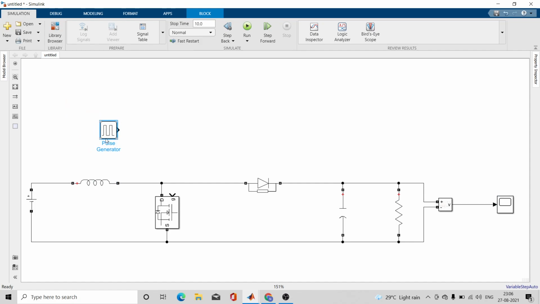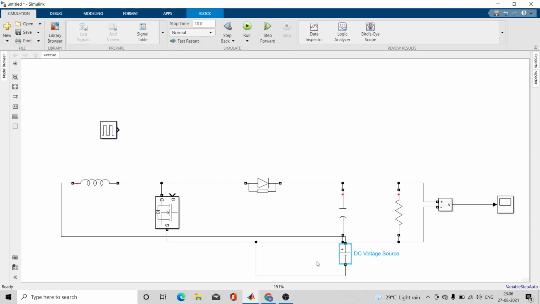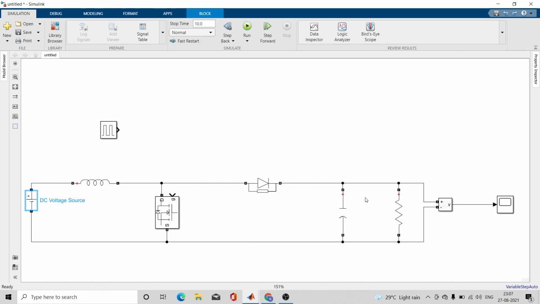This is a very important step, otherwise you will not get the required output. We have seen that we want a specific pulse length, or what you can say, the specific duty cycle of these pulses. Then and only then you will get 18 volt at output from the 12 volt input.